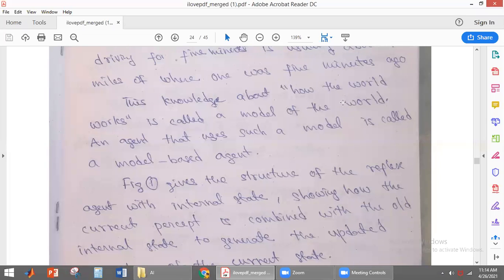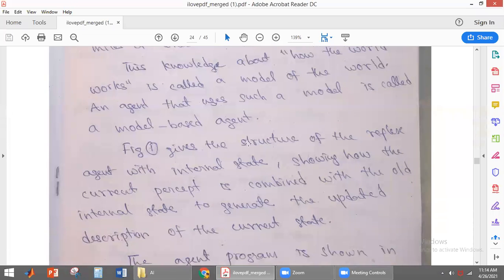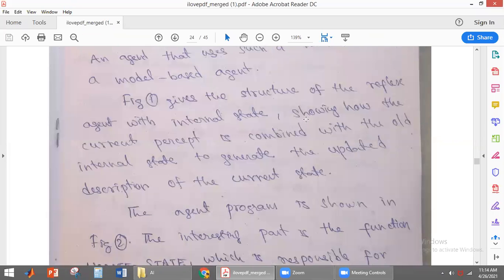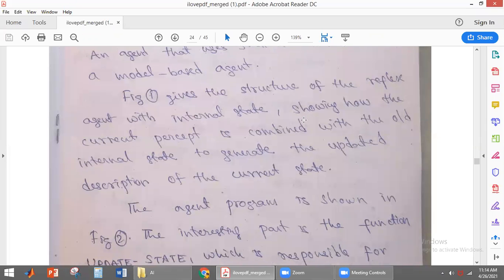That is called a model of the world. So the agent that uses such a model is called a model-based agent. So an agent which has this type of model, this type of knowledge, is called a model-based agent. So the figure here shows the